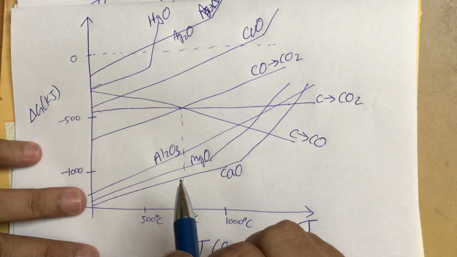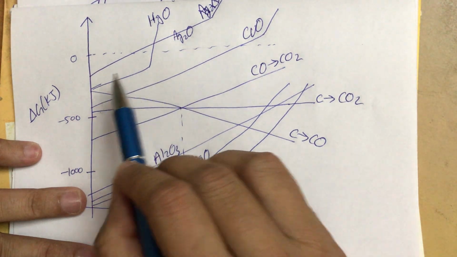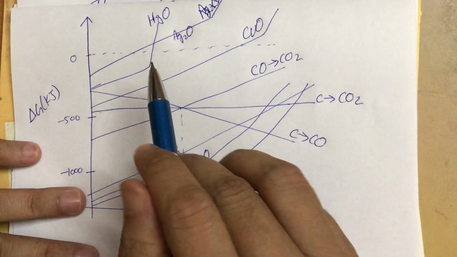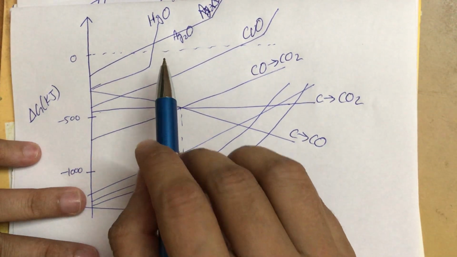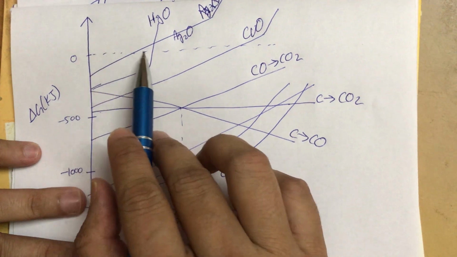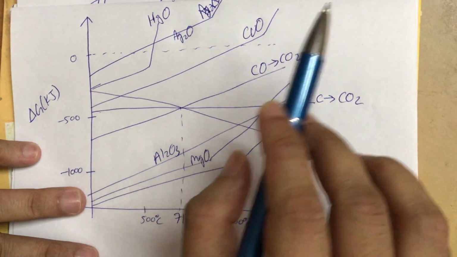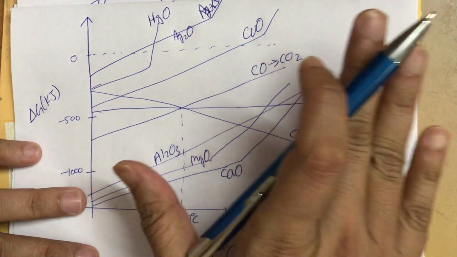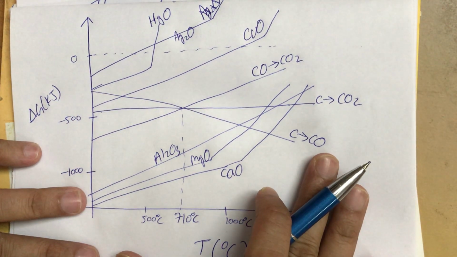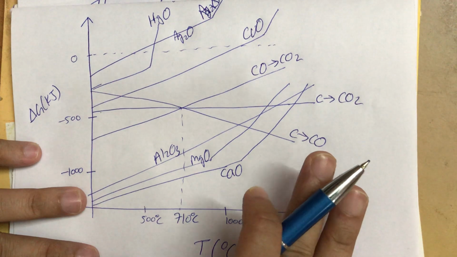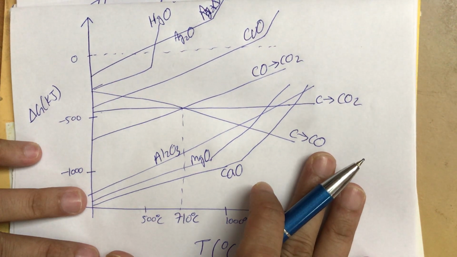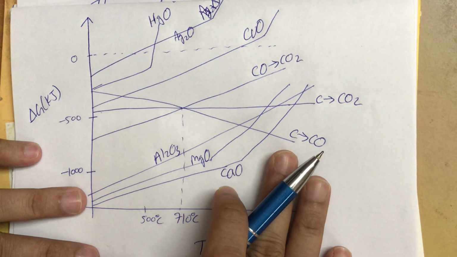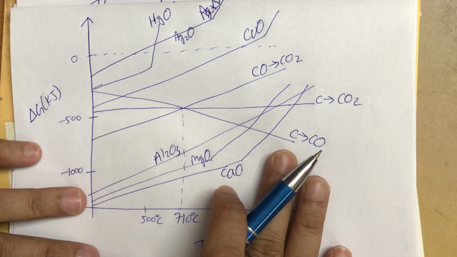But here you can note one point, delta G formation is negative for all of them. So delta G formation is negative for most of them. So very few of them can cross this line, delta G equal to 0. Okay, so this is basically the Ellingham diagram. Now we need to analyze this Ellingham diagram, like which metal can reduce oxides of other metals, when carbon can be used as a reducing agent for the metal oxide.